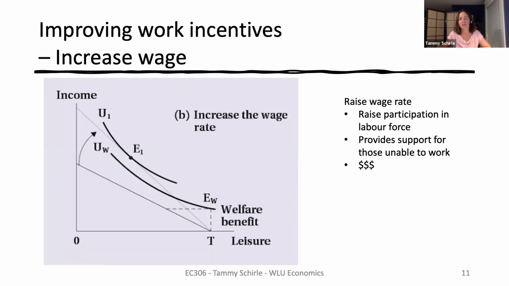Another option is to increase the price of leisure, making work more attractive. This can be done with subsidies or increasing the minimum wage, but could also come about by ensuring welfare recipients have access to education and training that can improve their wage offers. The downside is that government programs will cost policy dollars, so the benefits have to be weighed against those costs.